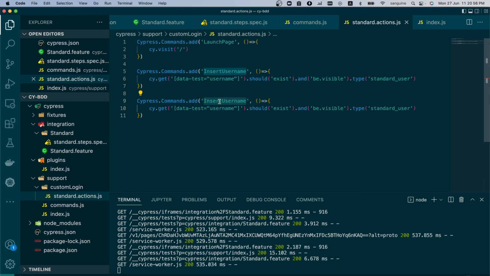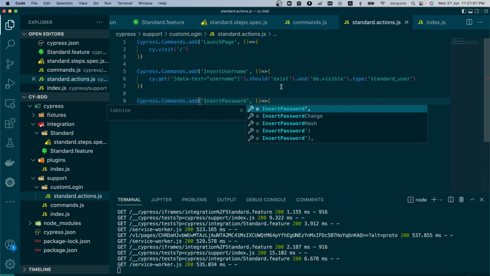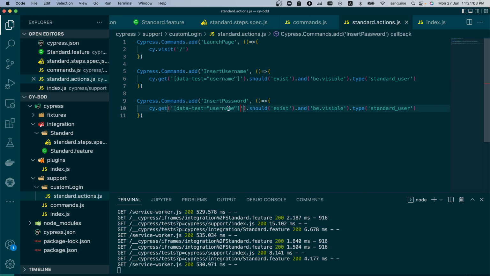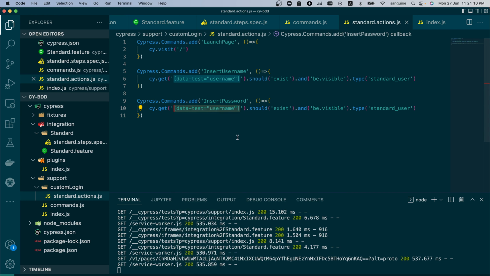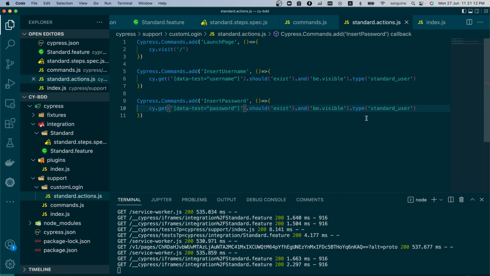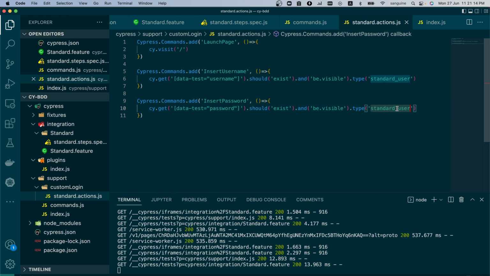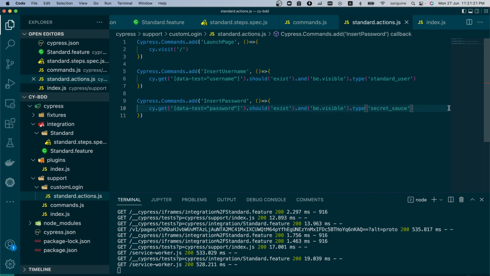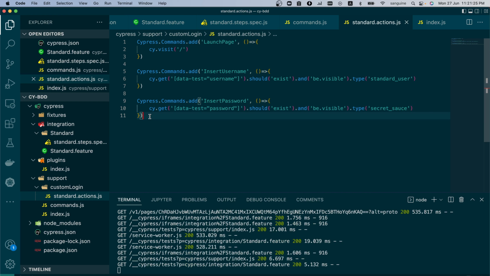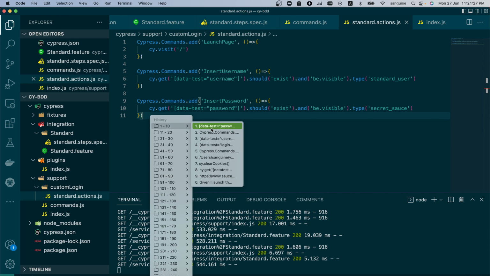So this time is insert password, and here we are going to put the password element identifier, and we can leave that too. And this time around we call this secret source as it is stated on the page, and the last part of it we will do